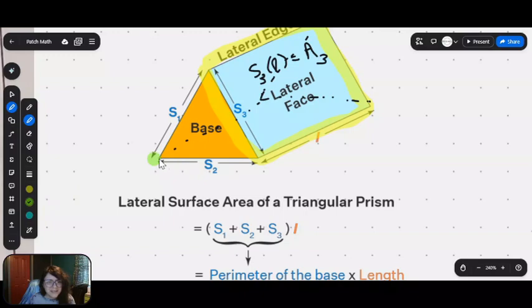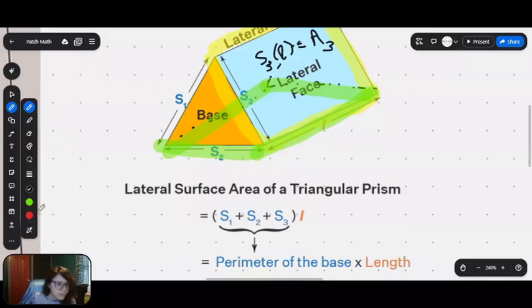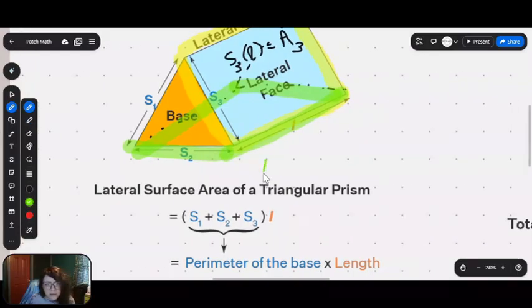Now we've got this S2, and that has the same lateral width times the height, S2. So the formula for the area of face 2